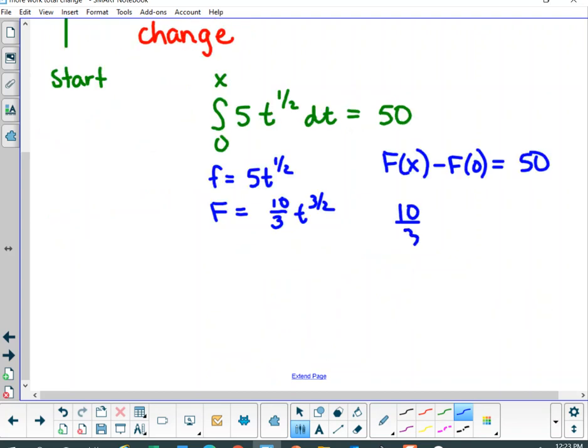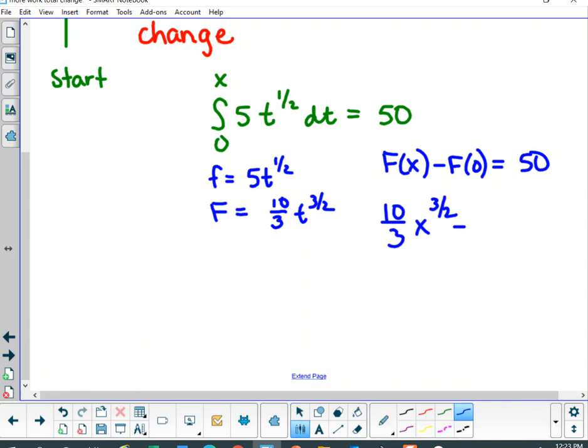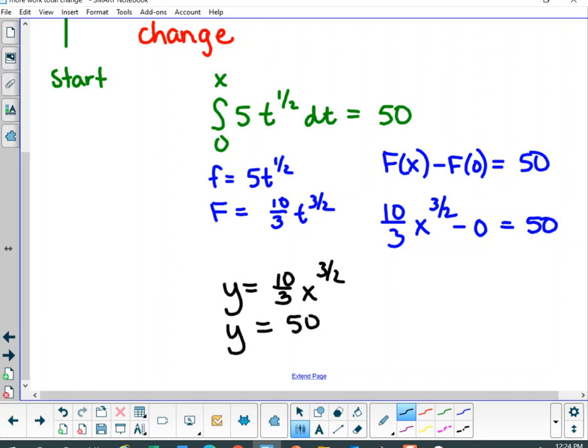Or 10/3 x to the 3/2 minus 0, because we figured out that big F of 0 for the antiderivative is 0, equals 50. Now this is a fun one. We can graph again. We can graph y equals 10/3 x to the 3/2, and we can graph y equals 50 and